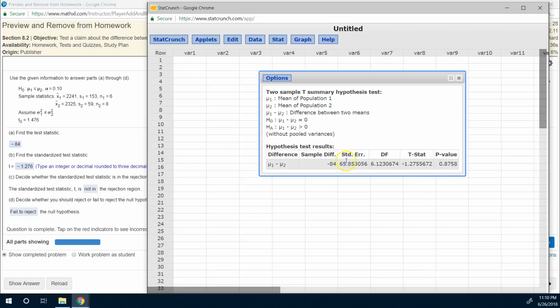So that's all we need from StatCrunch. Well, actually, we can use the p-value. So since this p-value is really large, actually, yeah, so it's not in the rejection region, since our t-stat is not that large, or it's closer to 0 compared to the critical value, which we don't see. But using the p-value approach, we can also tell that